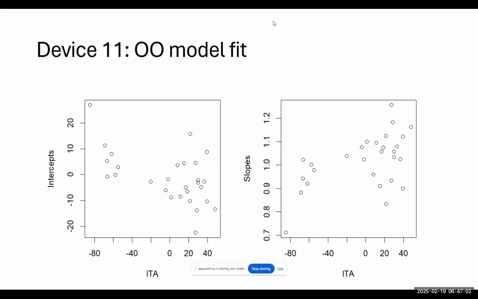We've seen plots like this before. This is the open oximetry and the FDA model that we've looked at. It has linearity and saturation. So this just shows you the subject-specific intercepts and slopes and how they change with ITA. And this is representative. They change linearly. Usually that model is great. For one of our sensors, it didn't fit very well. But here it looks great. You want those to be linear, and they are, arguably.